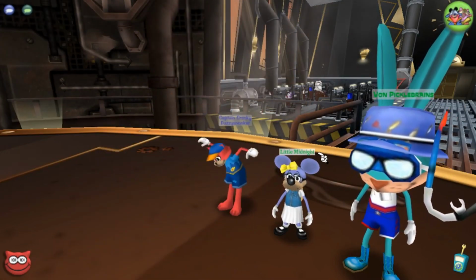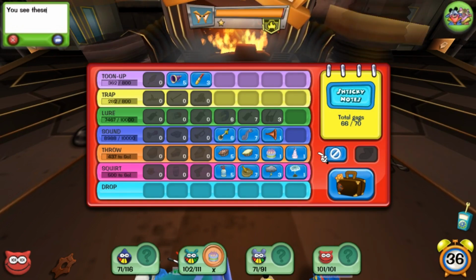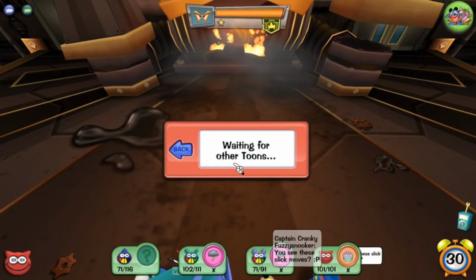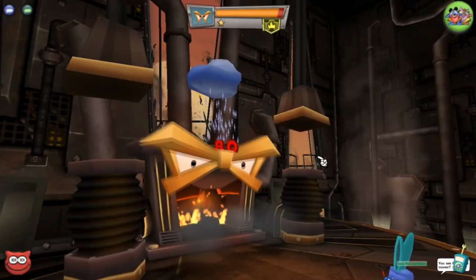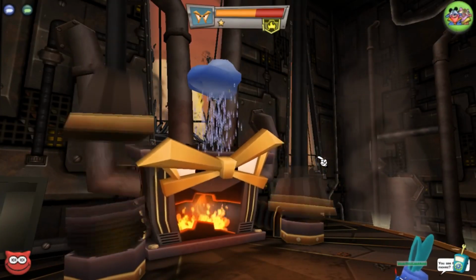Wait. Look at me doing these slick moves. Look, I'm even saying it. You see these slick moves? Yeah, man, it's pretty slick. Captain Cranky Foot's got the moves. He knows what's up. He's taking dance classes. He really knows how to get jiggy with it. No one says get jiggy with it. Anyway,